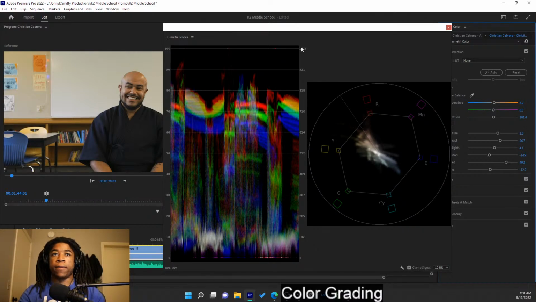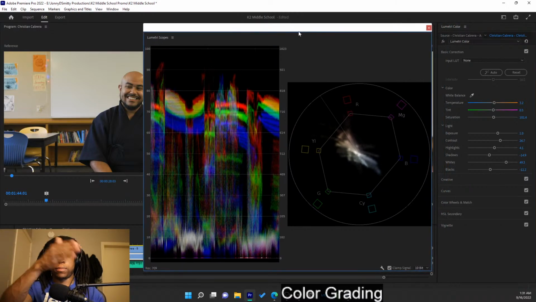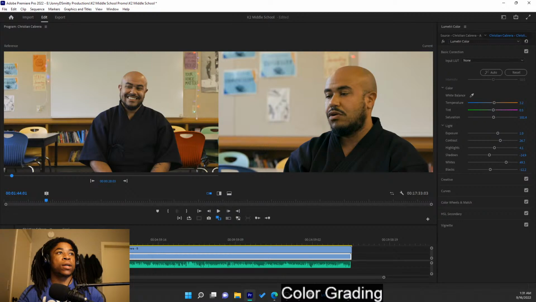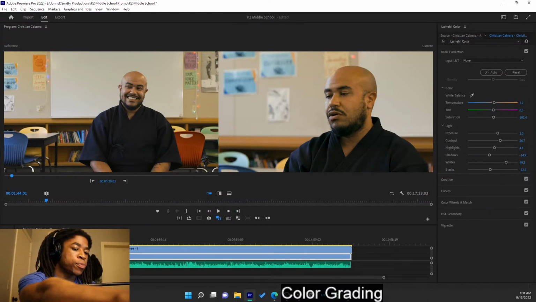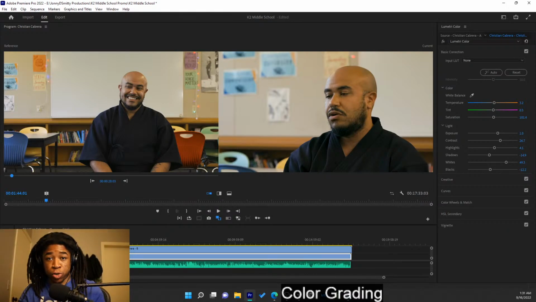By doing that, you get a nice and smooth-looking video, instead of one where some of it looks yellow, others look green, some parts look pink, some parts look blue. By using these scopes, you can really get a good match from scene to scene. But using those scopes can also take a really long time. So for tonight, I am going to drop my